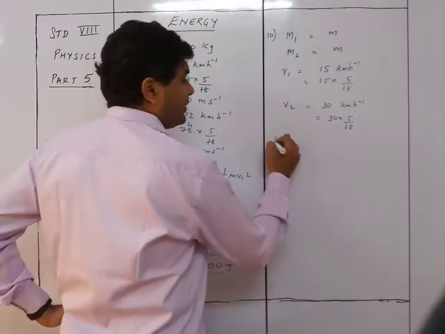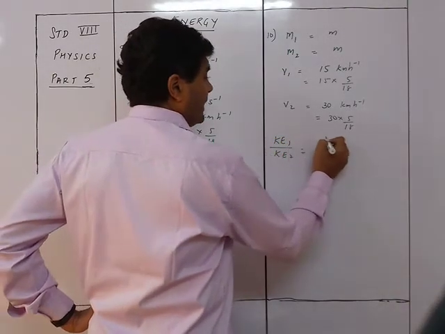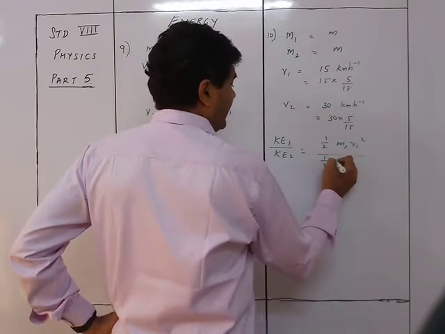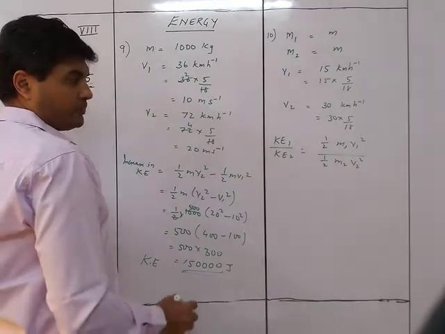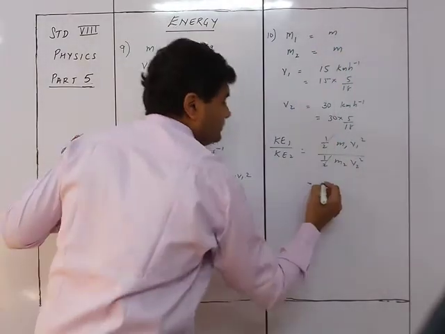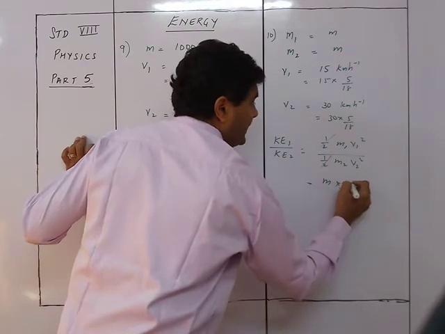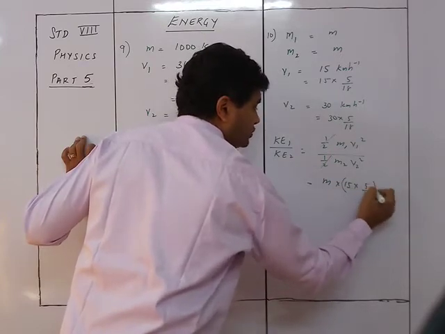KE1 upon KE2 will be equal to half M1 V1 square upon half M2 V2 square. Half gets cancelled. We know M1 is M, V1 is 15 into 5 upon 18, the whole square,